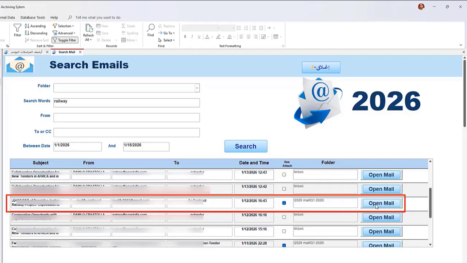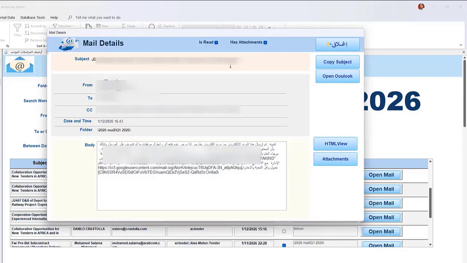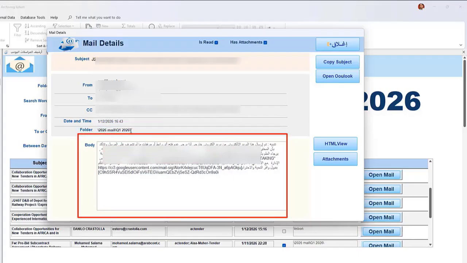All email details will appear similar to what you see in Outlook Online. At the top, you can see whether the email is read or unread and whether it has attachments. Then you can see the subject, the sender, the recipients, the date and time, and the online folder path where the email is stored. The email body is stored as plain text, so it does not always look the same